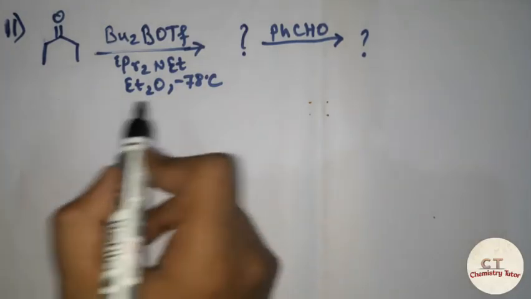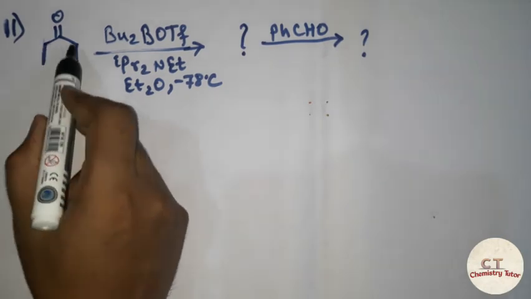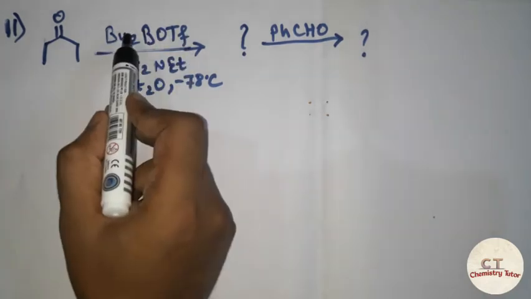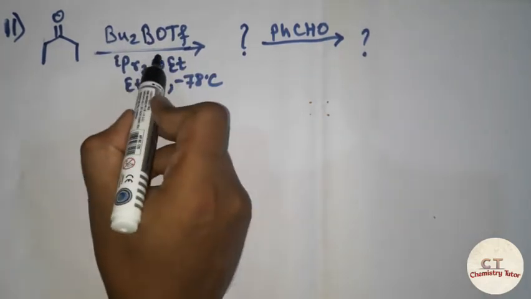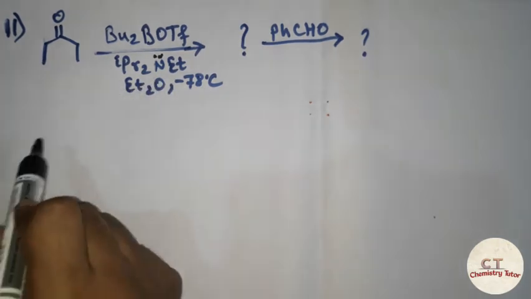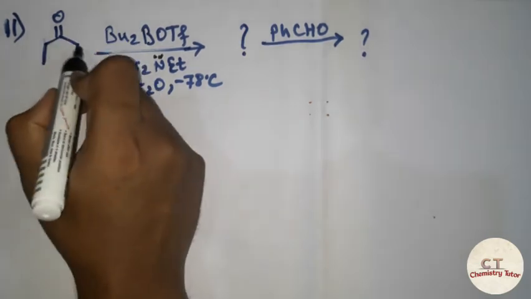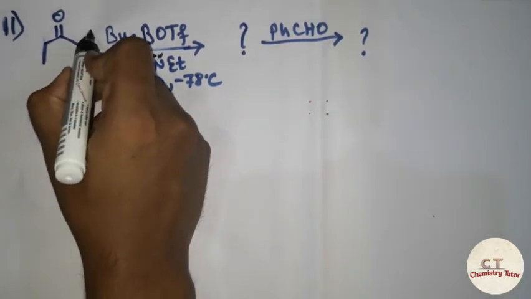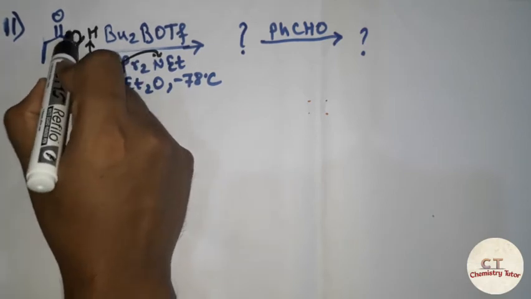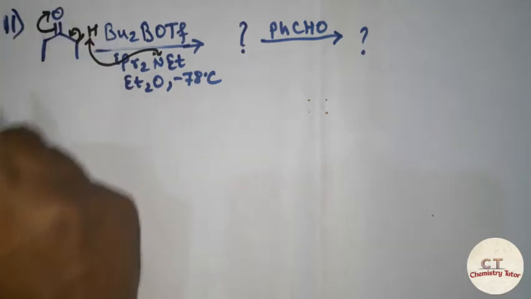Now let's see a question of this type. Now in this reaction, it is a ketone and a boron reagent is given here. Along with this, a base is also given and solvent ether is also given. Now first of all, the base is going to abstract a proton. So here is a proton, so the base is going to abstract this proton and a double bond will form, and O minus, or negative charge, will be on the oxygen atom, okay.